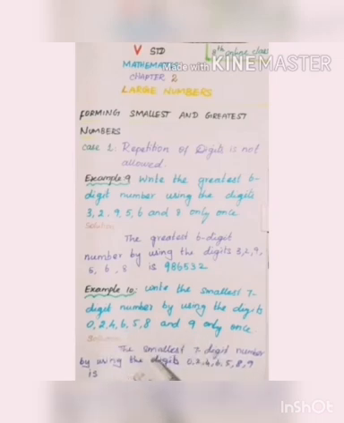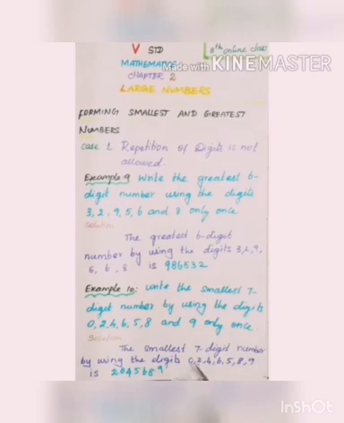Now we have to write the smallest 7-digit number by using the digits 0, 2, 4, 6, 5, 8, 9. Shall we write? First of all, you have to write the smallest one. Here 0 is the smallest, but for a 7-digit number, apart from 0, which is the smallest one? 2. So you have to write 2 first. Okay. Next you put the 0. Then 4, 5, 6, 8, 9.